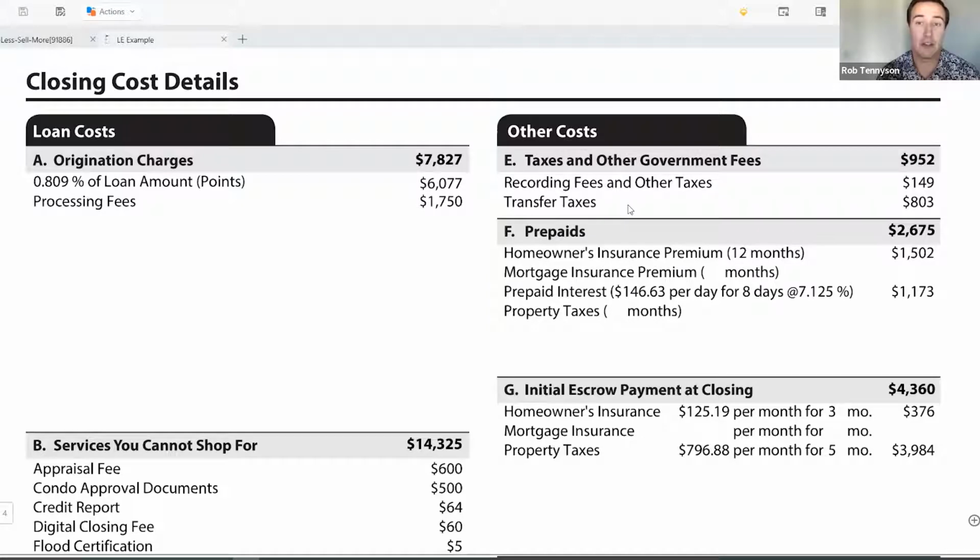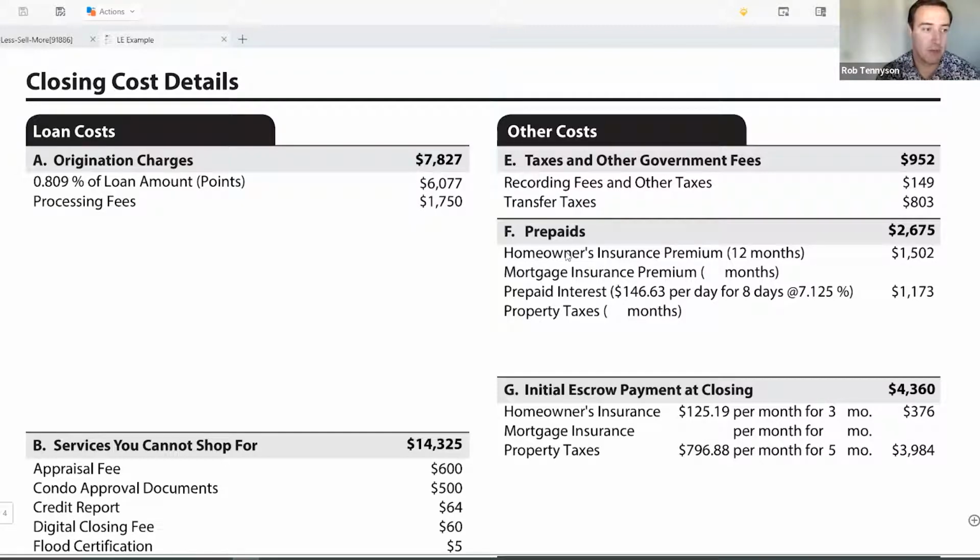If you're buying a new build, a lot of times they have their own purchase contracts. And so those seller obligated fees, they push those over to the buyer. And the trade-off is kind of hopefully that you're getting a really good deal on a new build. And those fees will offset into future equity in the home because they're giving you a good deal on the